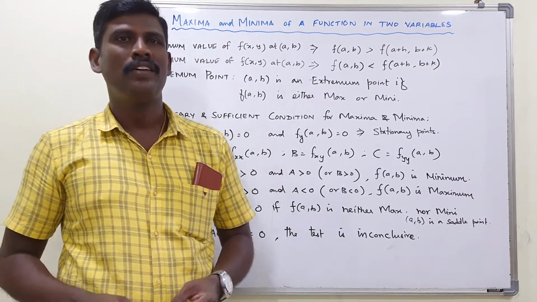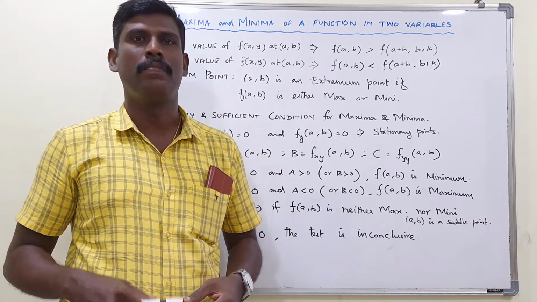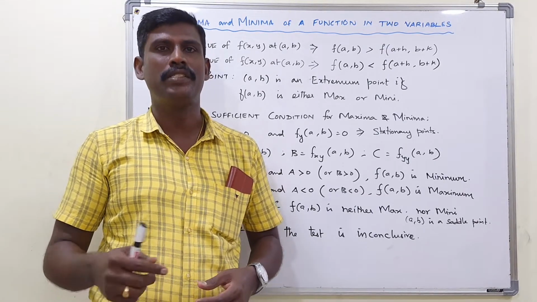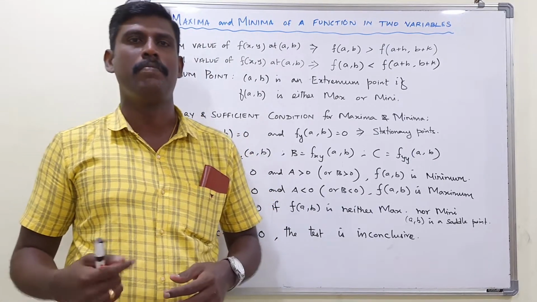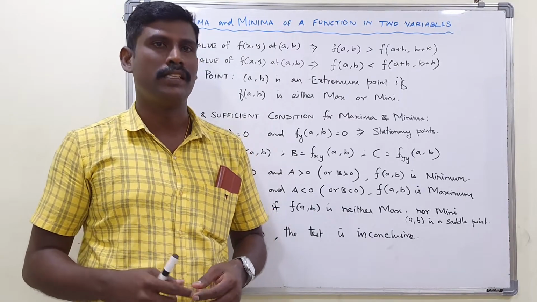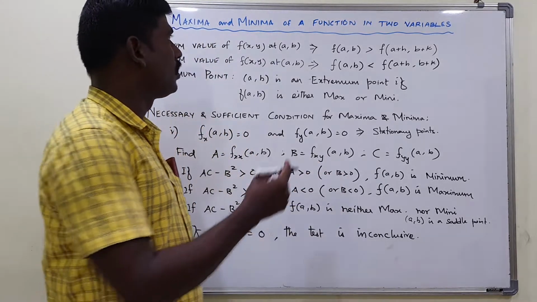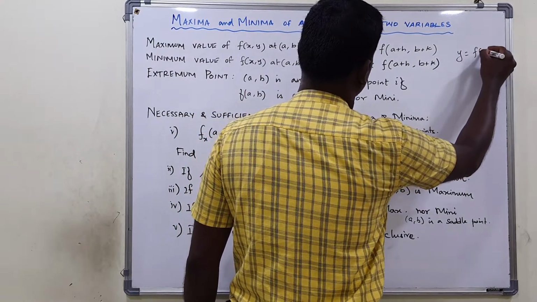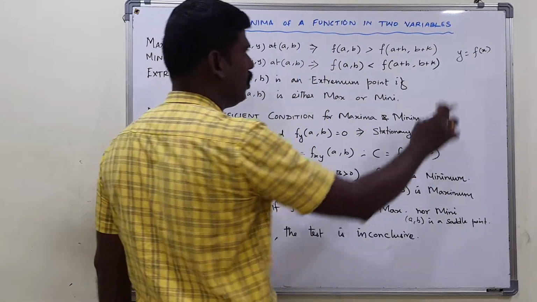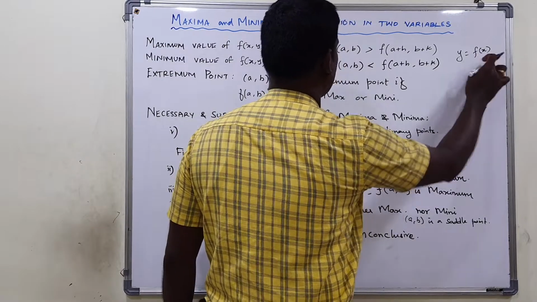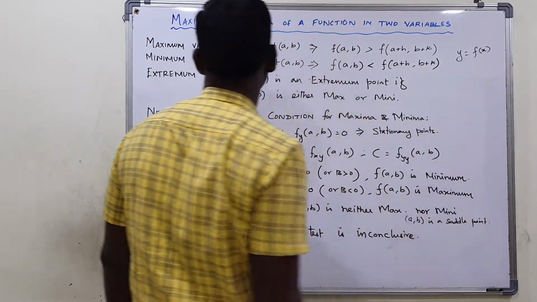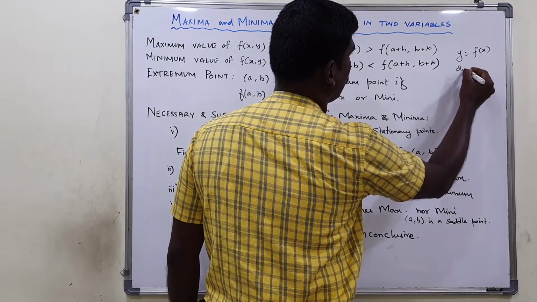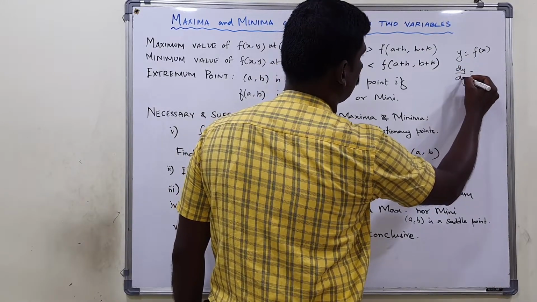Today I am going to solve the problems on maximum and maxima or minima of a function of two variables. Already you studied the same concept of maxima and minima in your school studies, but the given function is in one variable. For example, y equal to f of x is a function of one variable, isn't it? Y is a function of x, so x is the only variable. Okay, right? So in 12th standard level, we are going to differentiate this y with respect to x.